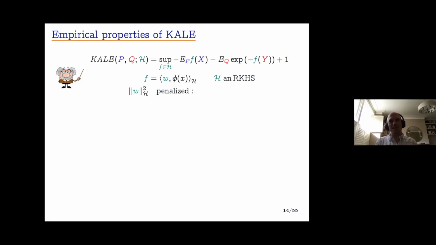Let's look at a couple of examples. In this case, I'm going to be computing my KL using a particular class of smooth functions, which are the reproducing kernel Hilbert spaces. And we're also going to penalize the RKHS norms, the reproducing kernel Hilbert space norms of our functions. So recall that the RKHS norm is a measure of smoothness. So if we're penalizing it, that ensures that we get a smooth function. So we'll call this one the KL smoothie.